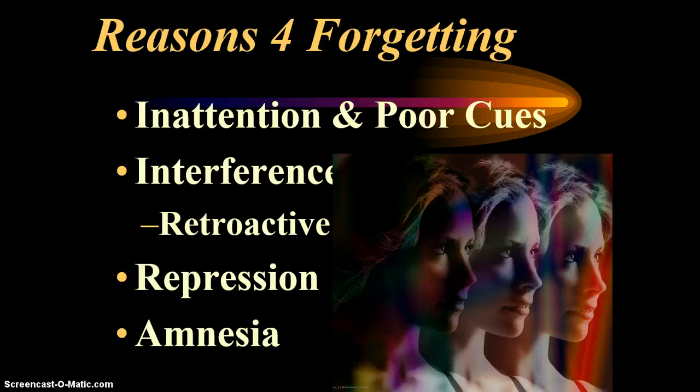And the last thing that we'll talk about here is amnesia. And amnesia is simply when you can't remember certain things. You lose particular memories. Now, the thing about it, amnesia can be caused by a variety of things. It can be caused by a physical problem with the brain. It can be caused by a disease or anything. There's a variety of physical reasons why people sometimes will experience amnesia.